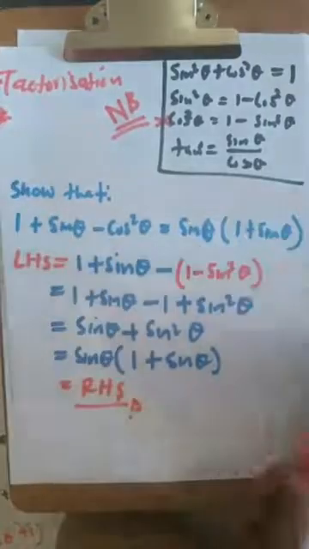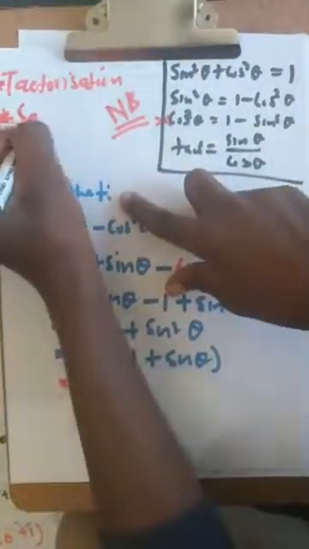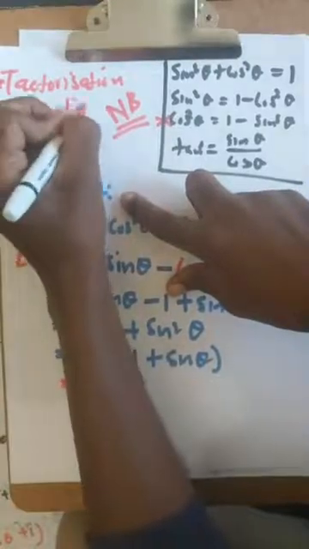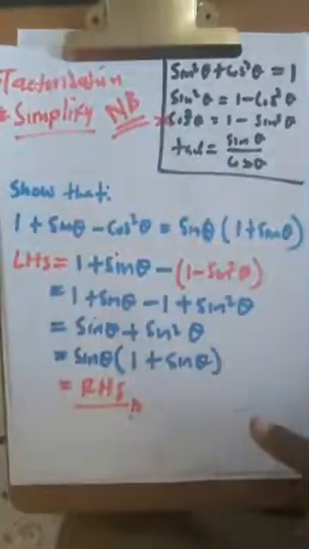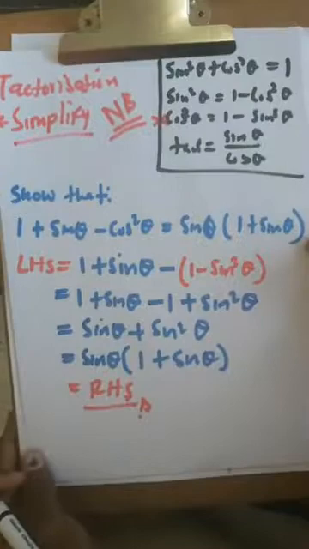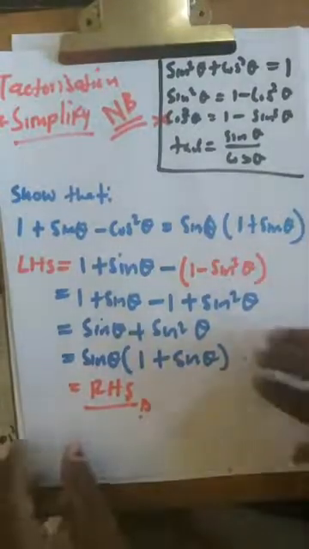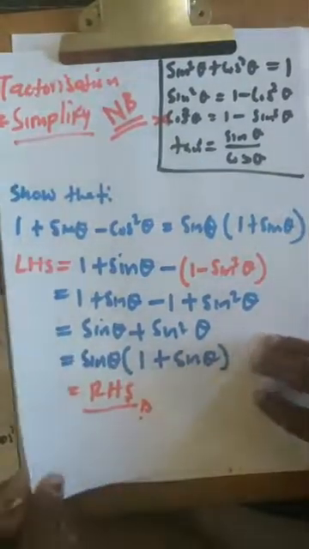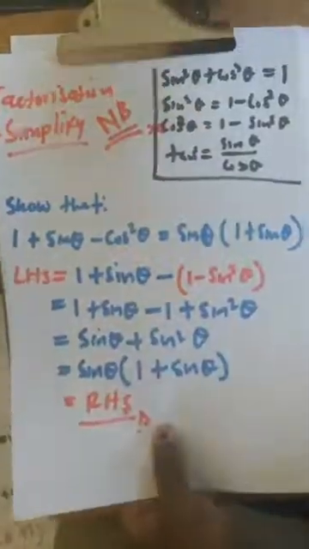Now I want us to check something: simplify. Simplifying is also important, guys. Simplifying these trigonometric ratios is very, very important. So now let's check the simplifying part of it. So when we simplify,